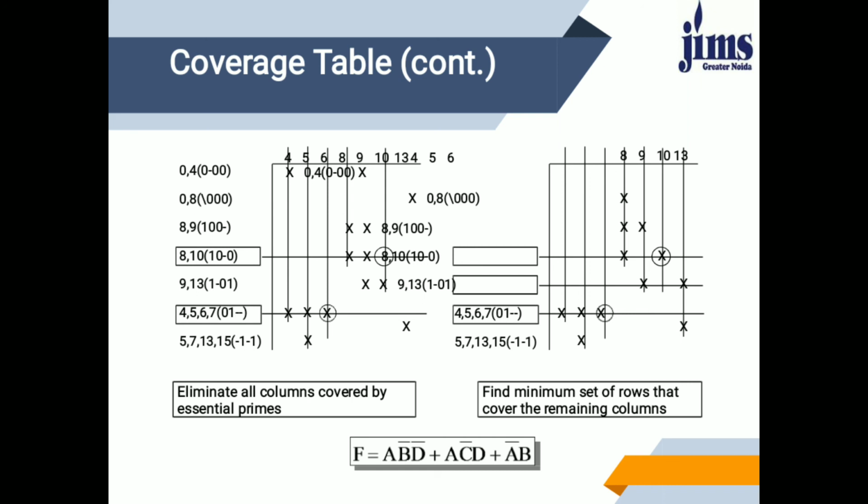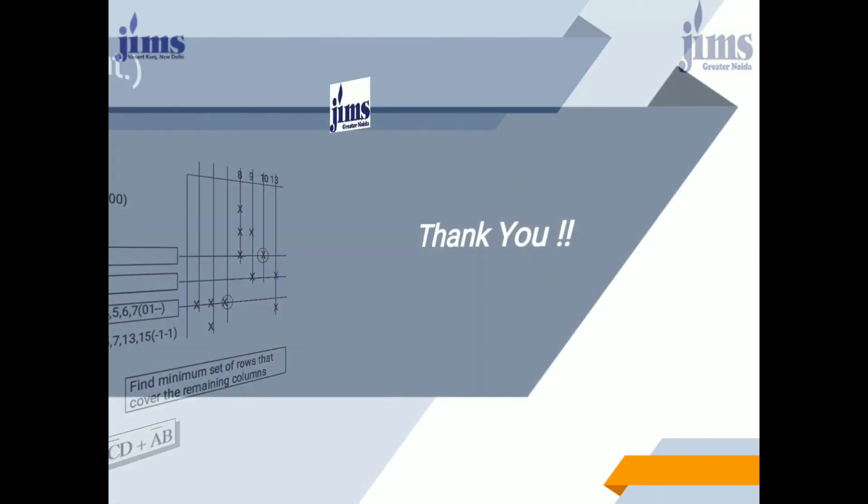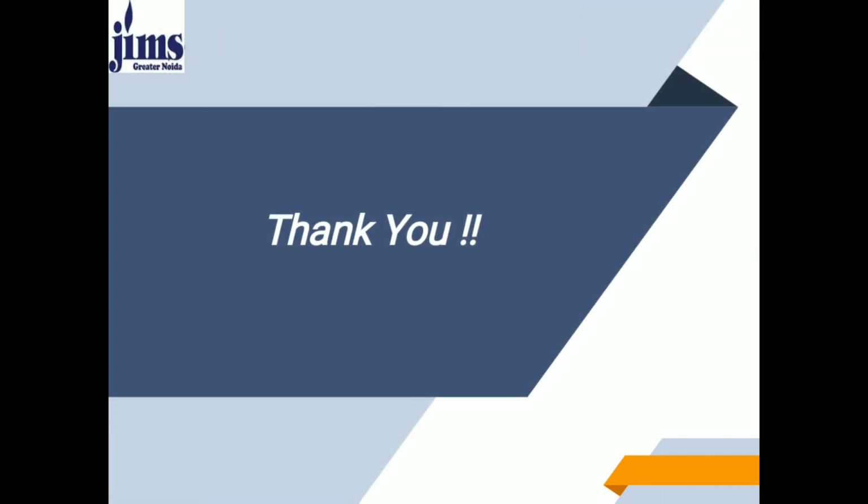In this, we just need to compare all the prime implicants with the next group of prime implicants. Second, we need to remember that we mark a star on those which are not comparable, because the terms which are not comparable need to be written in the cover table. So this is the way we can minimize any Boolean expression. Thank you.